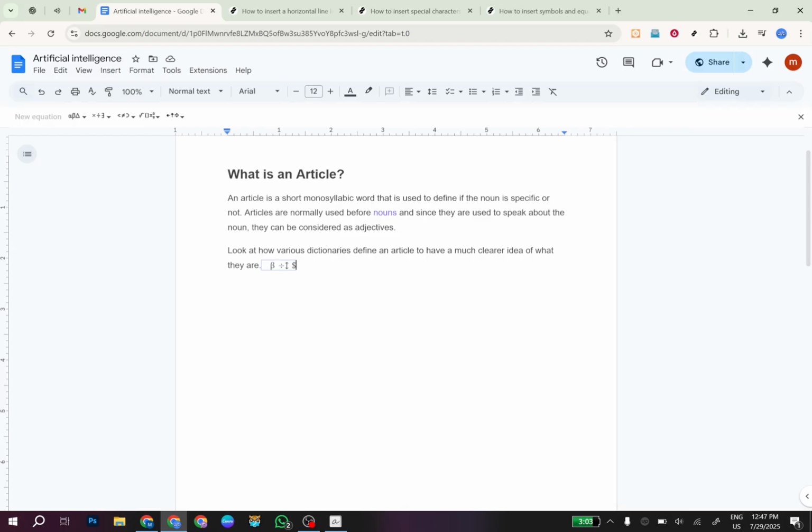This functionality makes Google Docs not just a robust word processor, but an effective tool for academic and professional writing requiring technical symbols. Whether you're drafting a research paper, solving math problems, or writing formulas, you can confidently insert whatever symbols and equations you need. That's all there is to it. You're now equipped to enhance your documents with a world of symbols and